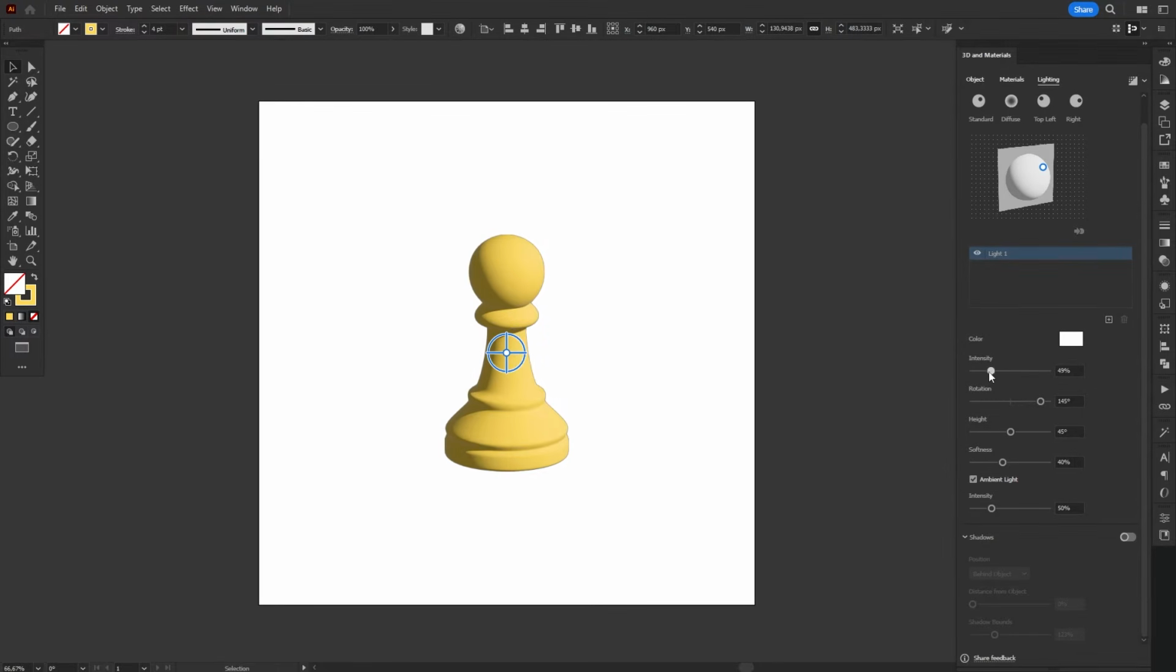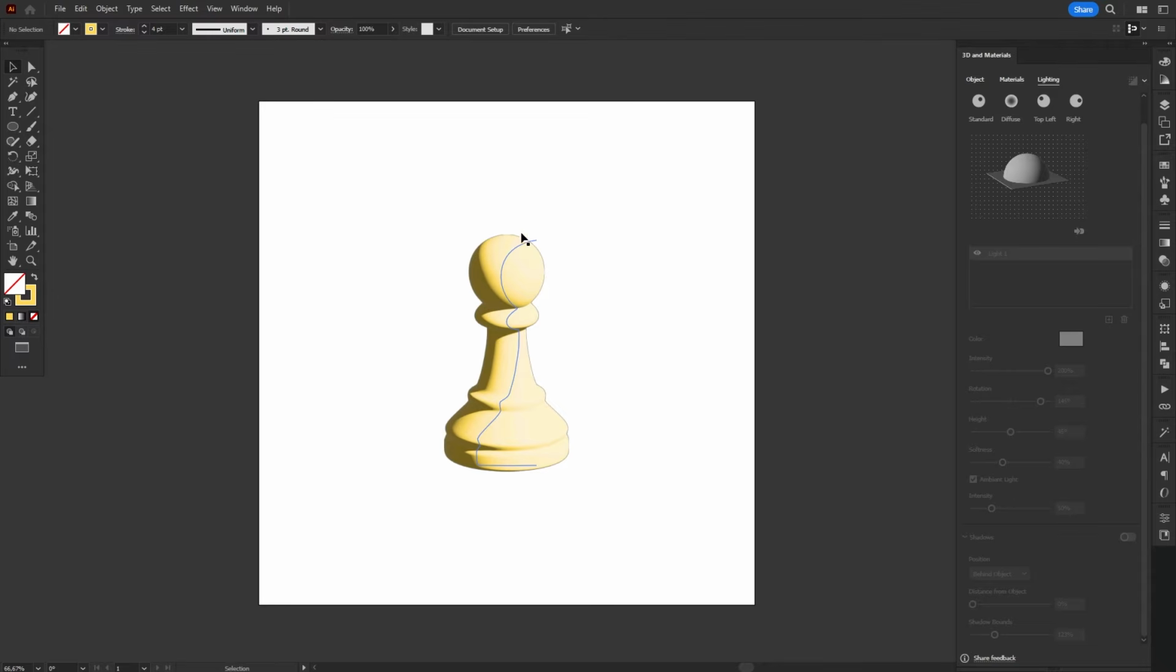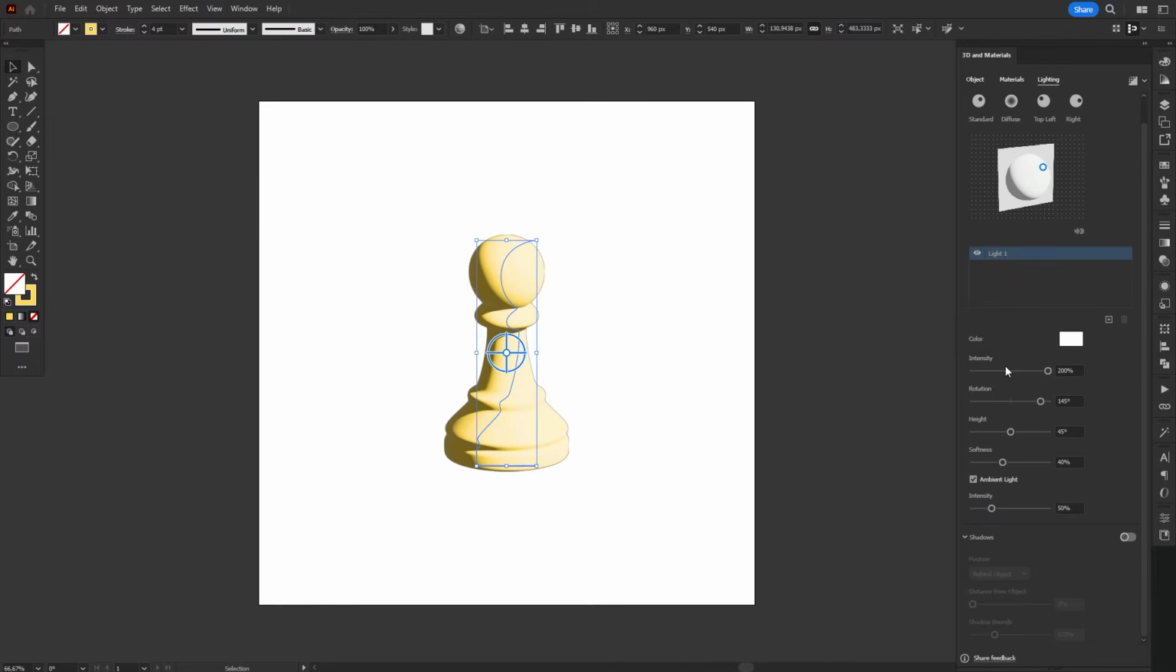Then we can change the intensity of the light. Think of this as how many watts is the lamp that is lighting the scene. And be careful not to push the intensity too far, because the colors can start to clip and have that ugly overexposed look. Then we have rotation and height, but these ones are much easier to explain with shadows turned